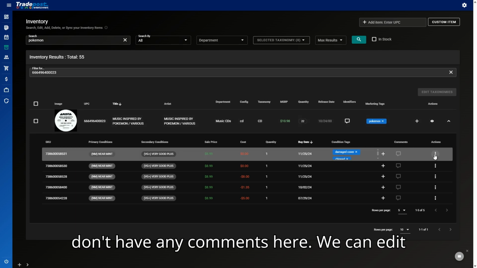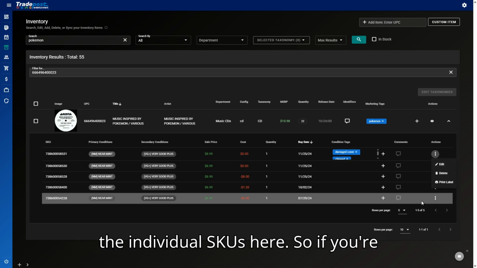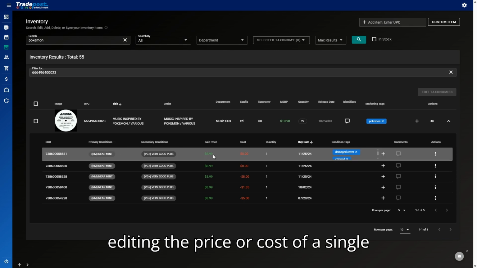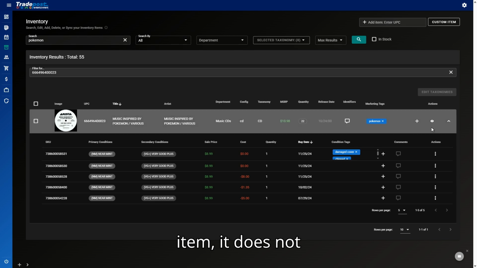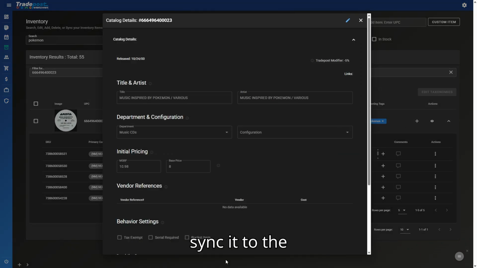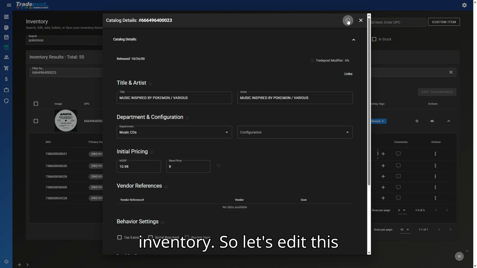I don't have any comments here. We can edit the individual SKUs here. So if you're editing a SKU, so you're just editing the price or cost of a single item, it does not affect the catalog as a whole. But if we open up the UPC data, we can affect the actual catalog item and sync it to the inventory. So let's edit this,